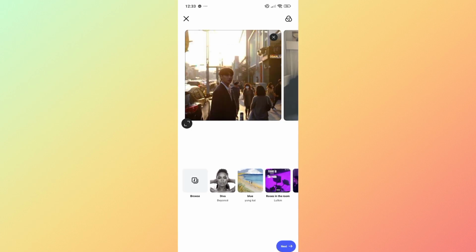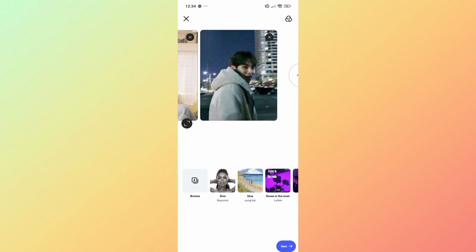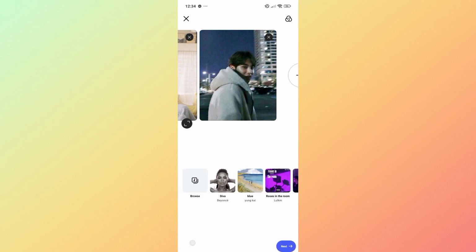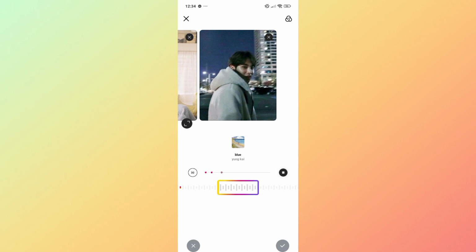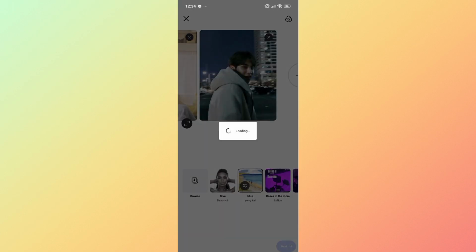So in here you can add filters and songs to your landscape photo post on your Instagram account. You can simply select from the songs available on the bottom of your screen. You can also browse songs. And here, go ahead and select the part that you want to use for your photo post. Now, once you have selected the part that you want to use, go ahead and move on to the next